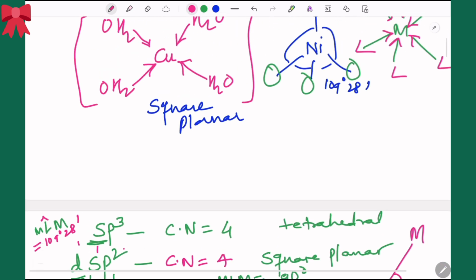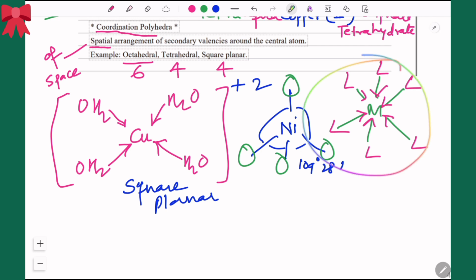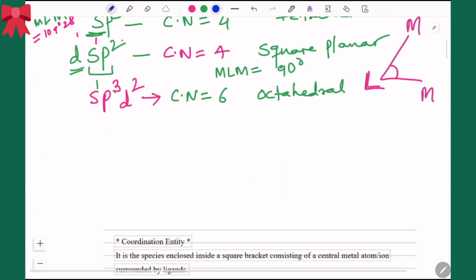The figure in which we discuss, this figure only, this one I'm talking about, okay? So in this figure, children, the angle over here is going to be these four. So they are going to be in one plane. So the angle over here is just exactly like square planar, that is 90, 90, 90, 90. But there are two bonds, these ones. This is the first one and this is the second one. So these are going to be the axial bonds, which you already studied in 11th standard, right?